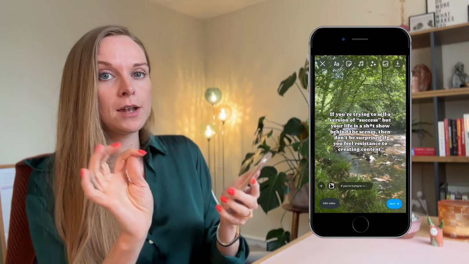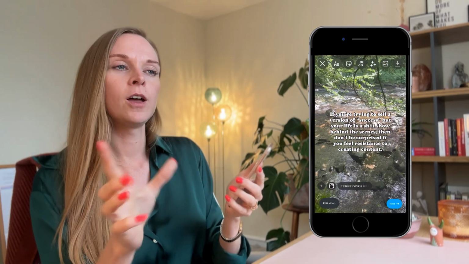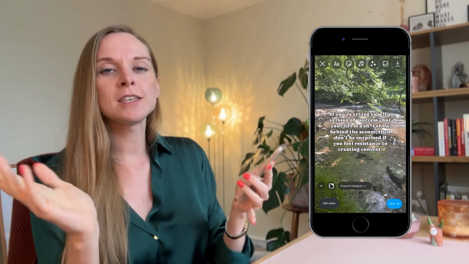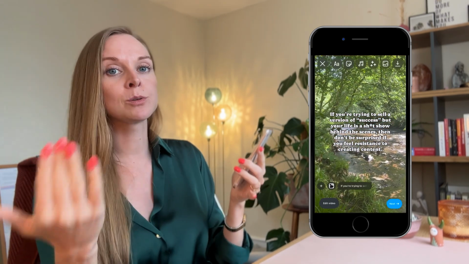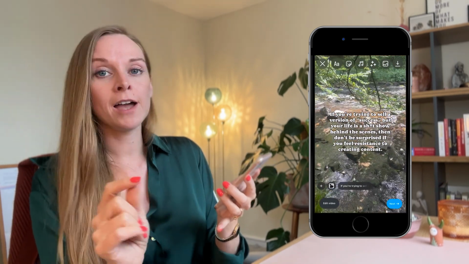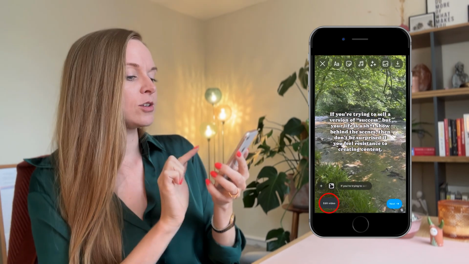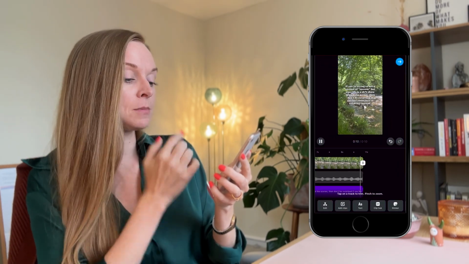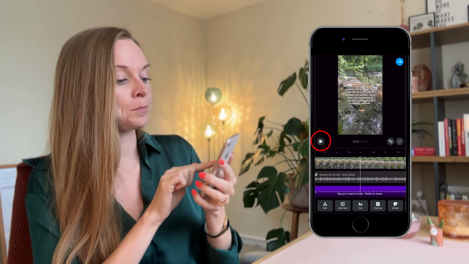Now, the other thing to mention while we're still in this edit section is the length of the video. If we're following this whole process of wanting a video that's going to replay multiple times so that we can build up watch time and views while somebody's reading your longer caption, what we want to do is make sure we're editing the length of the video to make that happen. So you want to click on Edit Video in the bottom left-hand corner, and here you will see it is looping through. So I'm going to press pause